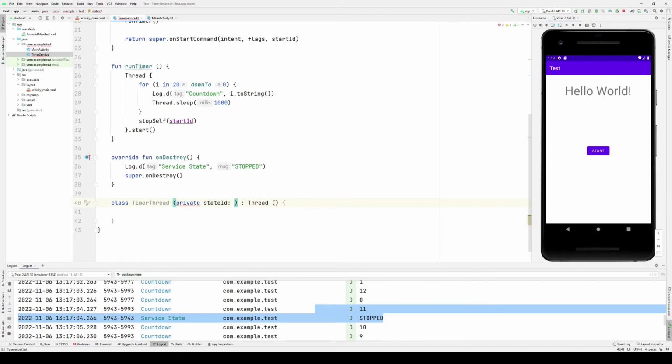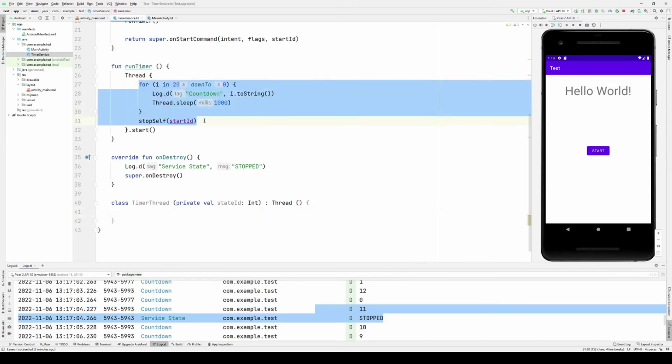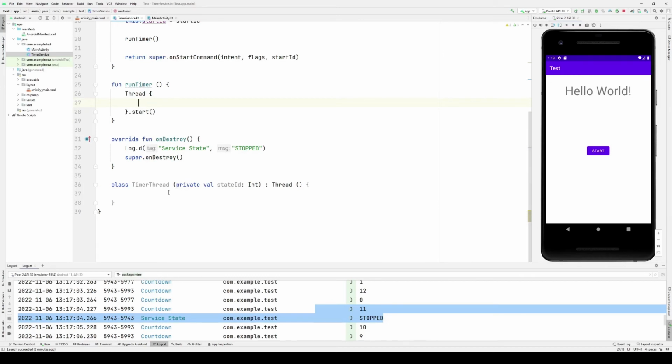I need to remember to use private more often. So I could have it accept a local version of its own ID. And then I'd grab this logic and place it inside the run function.